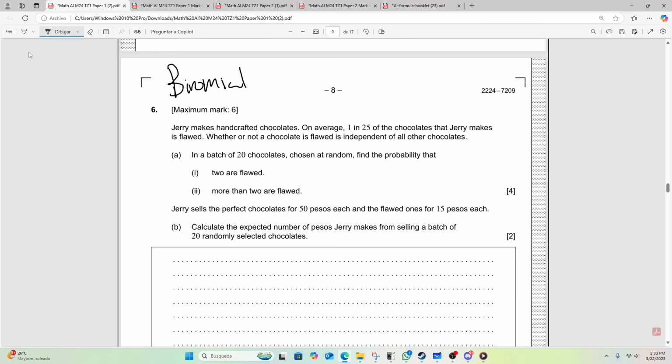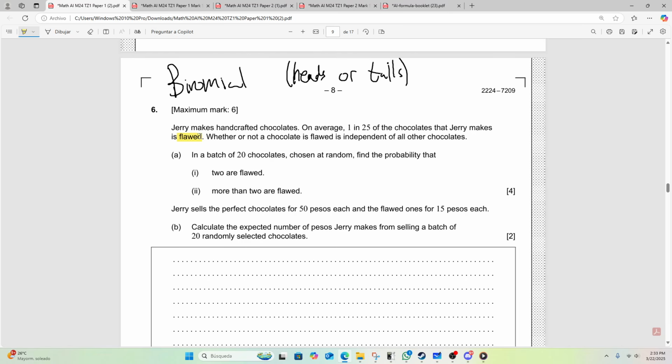See? How can you realize this is binomial? Okay, that's the hard part. See? How do you realize that these are binomial? Binomial probabilities are usually, think about it as like heads or tails. So here we have that Jerry, it's either flawed or not. So it's either heads or tails. It's flawed or not, heads or tails. So if it's between one of two possibilities, it's binomial. That's also why it's bi for 2, by this, by that, binomial, 2 options, 2 scenarios.